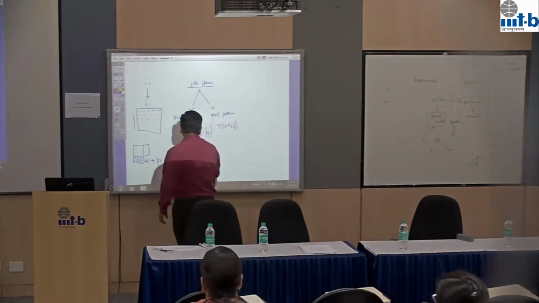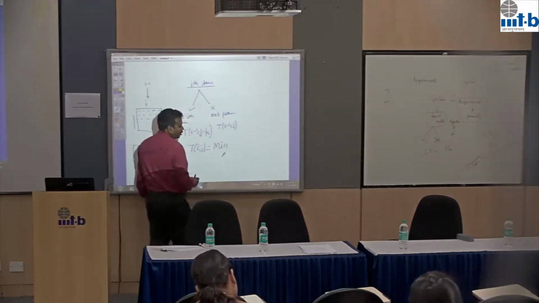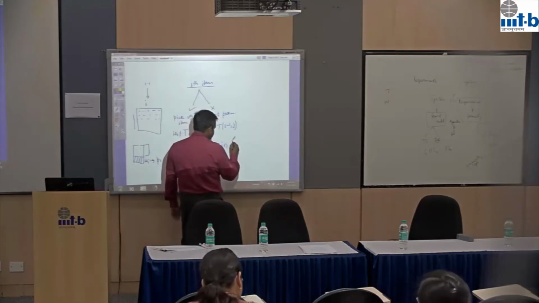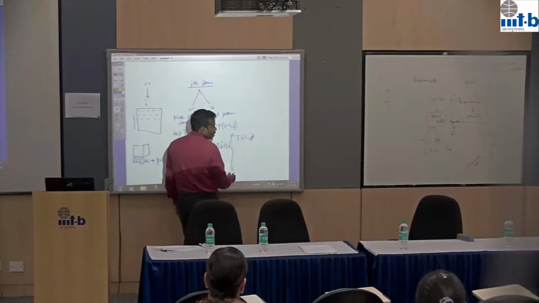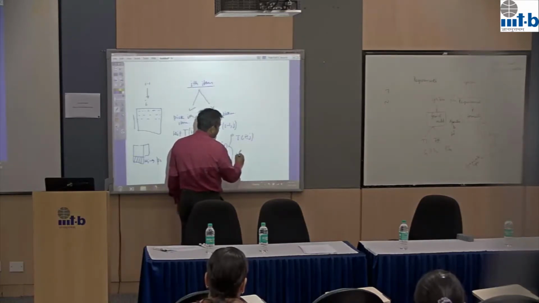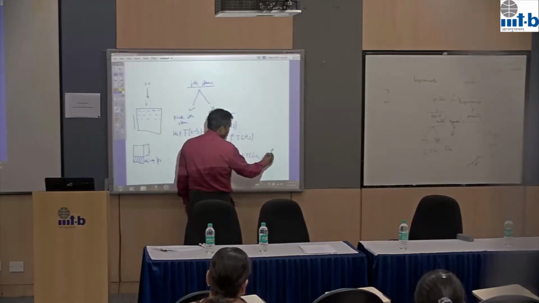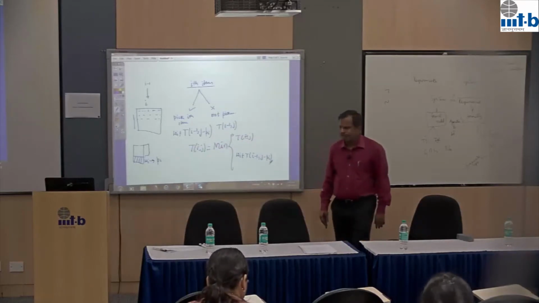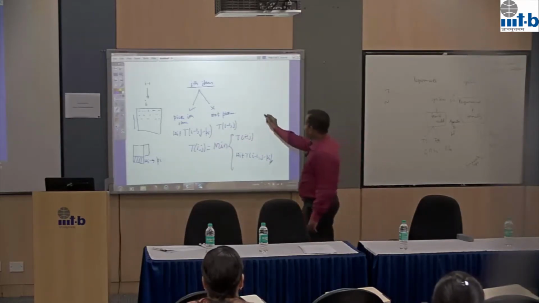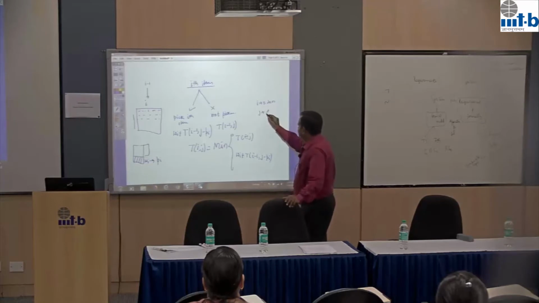So T of i comma j is essentially the min of these two quantities. One is T of i minus 1 comma j, and the other is Wi plus T of i minus 1 comma j minus P of i. Whichever is minimum, you pick this, right? So you just need two for loops. i is going from 2 to n, and j is going from, let's say, 1 to